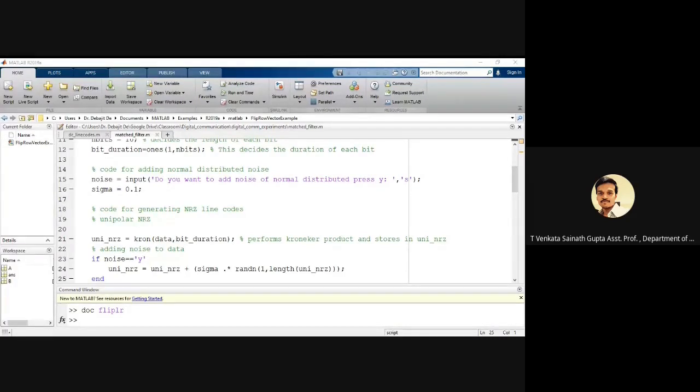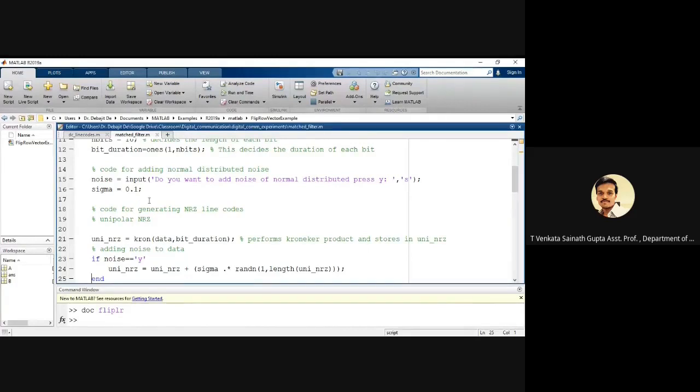So if at all the things are coming at the receiver side, the data passes through the channel and comes to the receiver side, right? So to include these channel effects, whatever effects are there in the channel, to include them as well, we are adding some data by ourselves. That means we are manually adding the noise. We are manually adding the noise, and for that I am basically adding a Gaussian noise. For that I had taken the standard deviation value as 0.1,